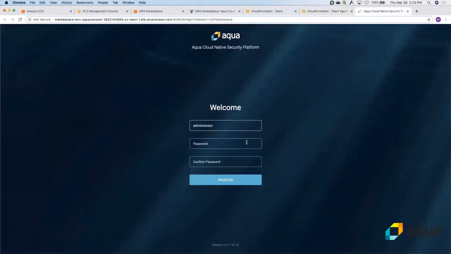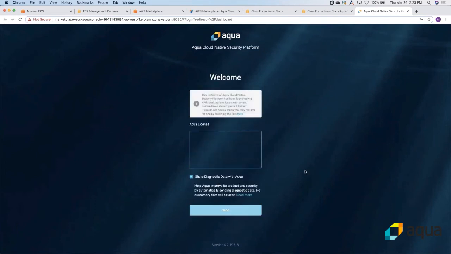When you log in for the first time, it's going to tell you to create the administrator user account. Make sure you remember the password that you input. Next up, it's going to ask you for an Aqua license.